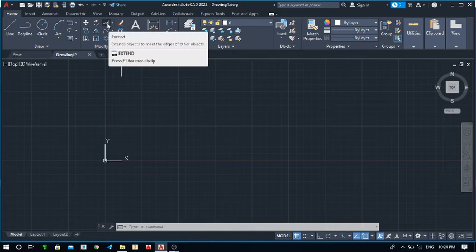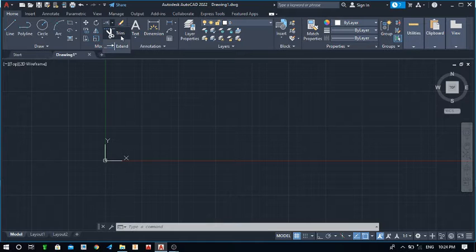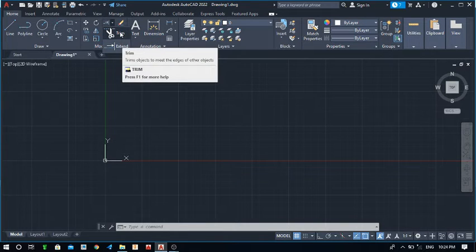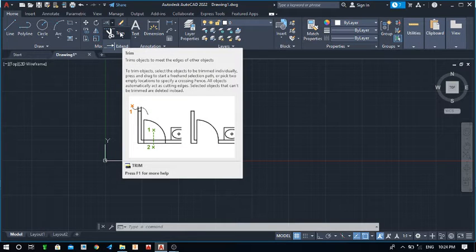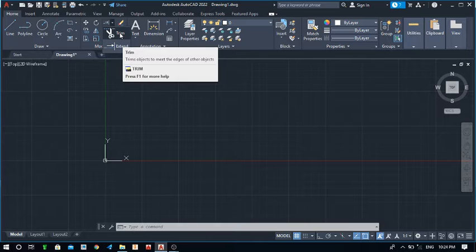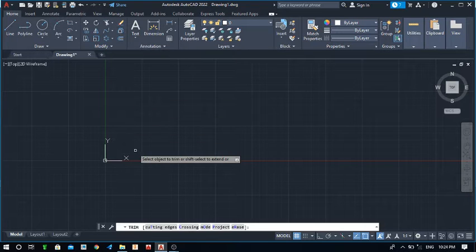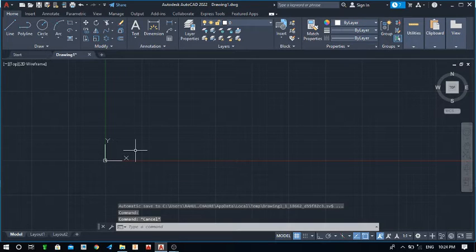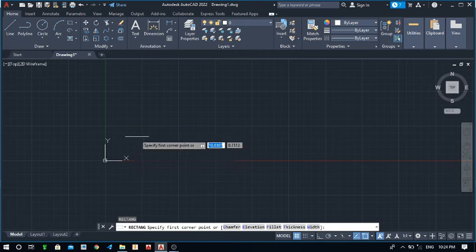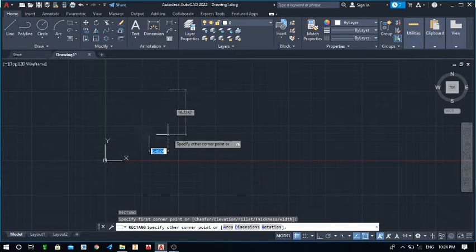For using the extend command, first of all, if you click on this extend, here are the two commands you can see. One is trim and the second is extend. Okay, so first of all we will see the trim command. For that we need to draw one object, so I am going to draw a rectangle.